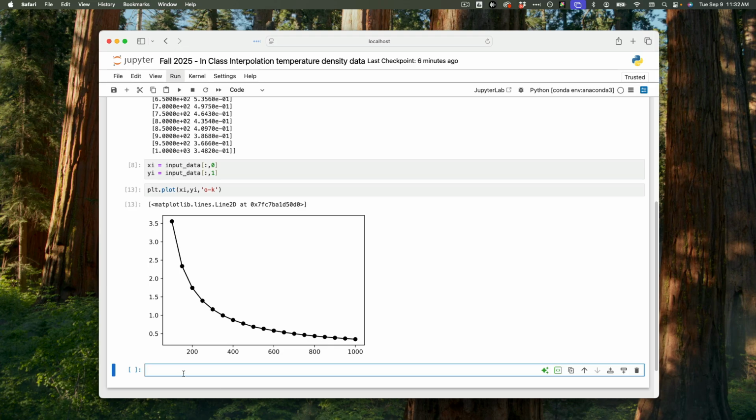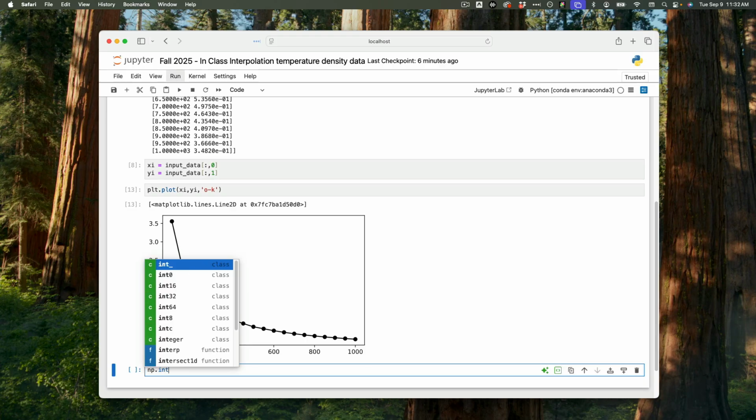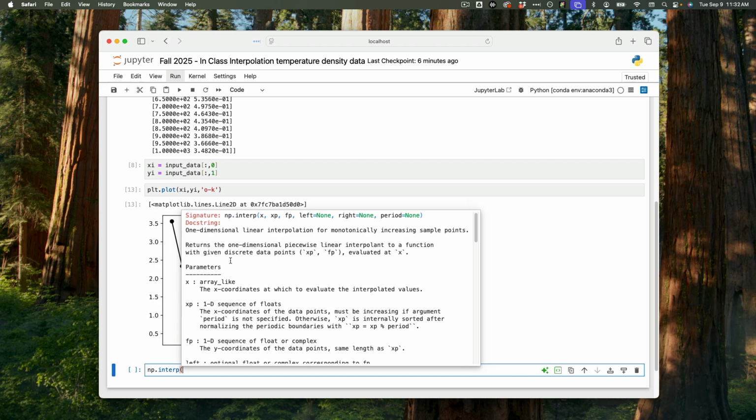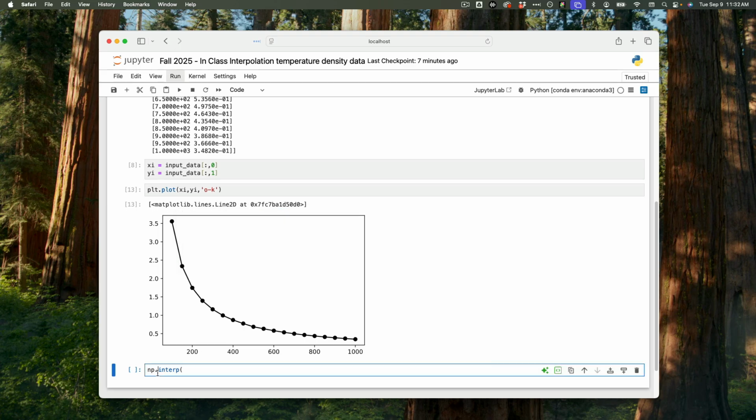And all I have to do is np.interp. There you go. So this is a one-dimensional linear interpolation for monotonically increasing sample points. So I have to give it x and xp. X is the coordinate at which to evaluate the interpolated value. Xp is the x-coordinate of the input data points, and fp is the values of the input data. So very simply, I want the value of the density at 132 K, yes, the temperature is in K, with Xi and Yi